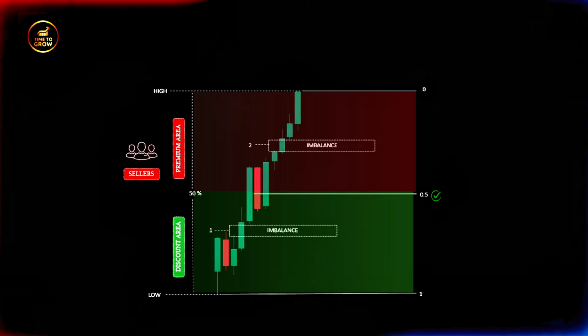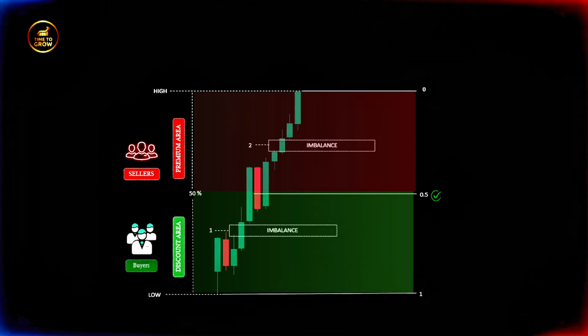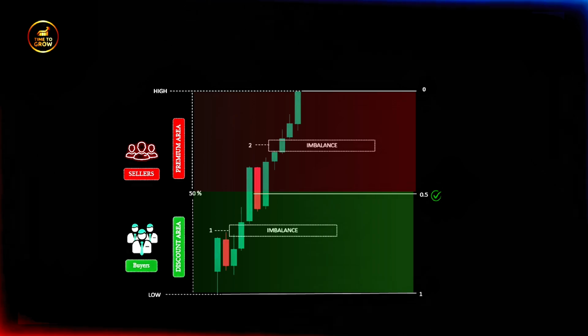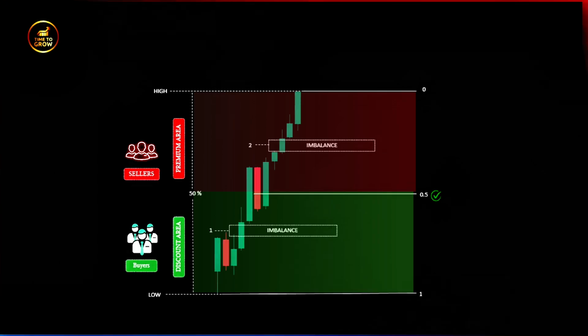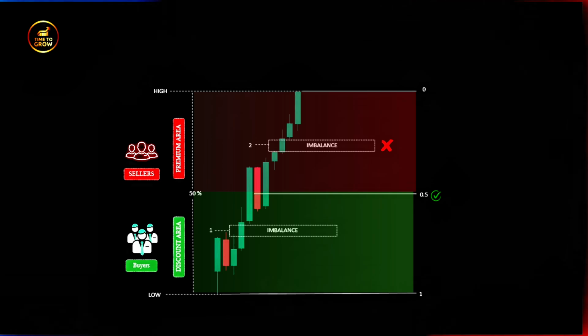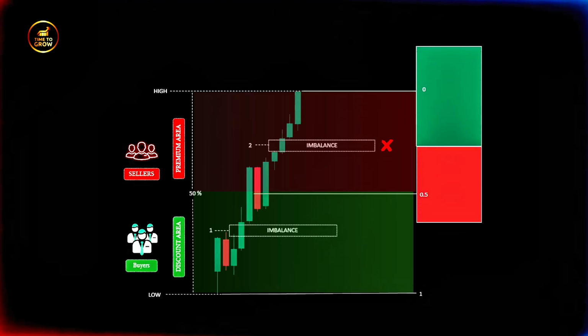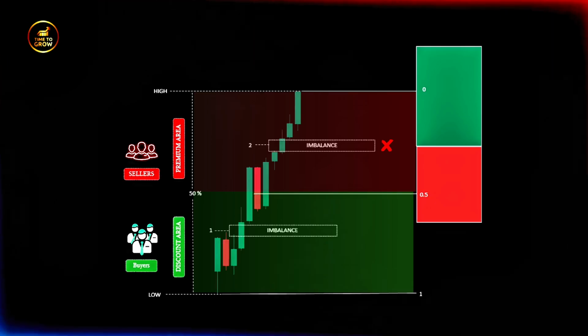In the market, sellers prefer to enter positions in the premium zone, and buyers prefer entering in the discount zone where prices are cheaper. So in this situation, if you try to buy from the first imbalance area, your chances of success are very low, because there is no support level nearby to place a logical stop loss. This forces you to place a very large stop loss compared to your target,